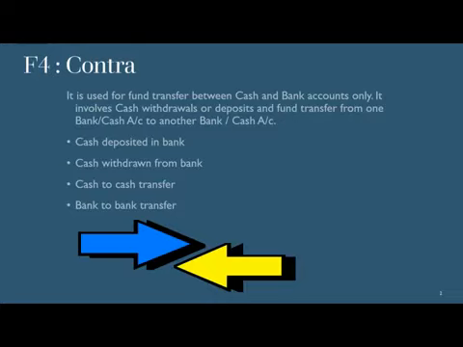The next voucher is the payment voucher. The shortcut key will be function key F5. Payment voucher is used when we pay any amount in cash, check, DD to any party against any credit purchases or any due amount or give a loan to any person. In that case, this voucher will be used.